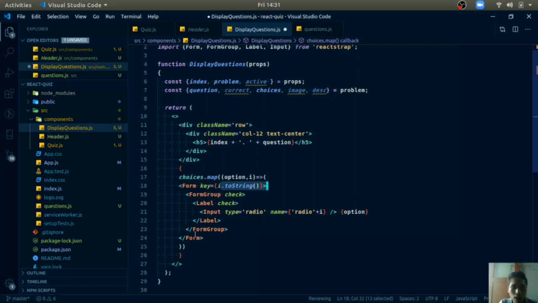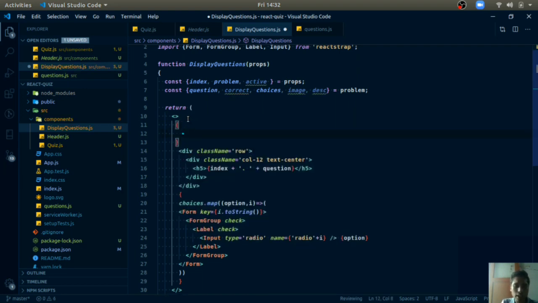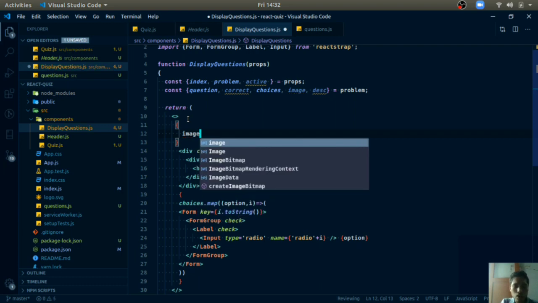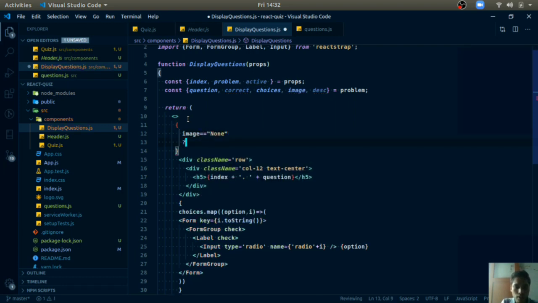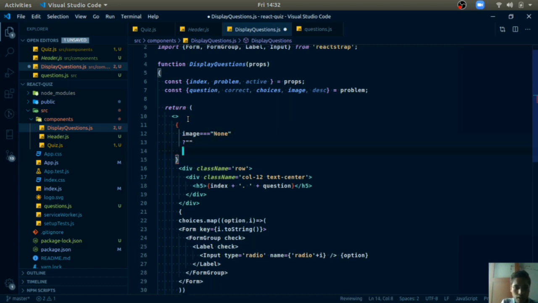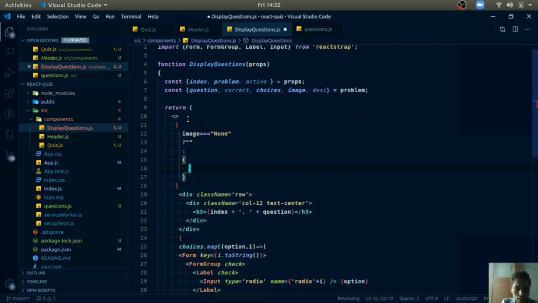Okay, so now just do one thing. We want to include the image also if it has an image. So here also we will use conditional rendering. If image equals none, then we will simply return an empty string, and otherwise we will return a React component showing that image.